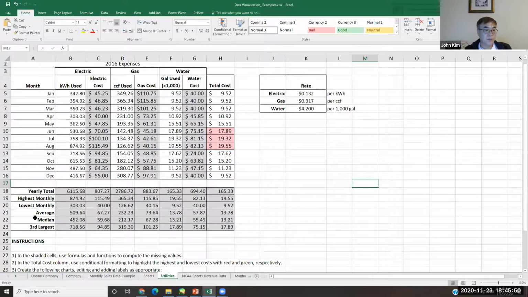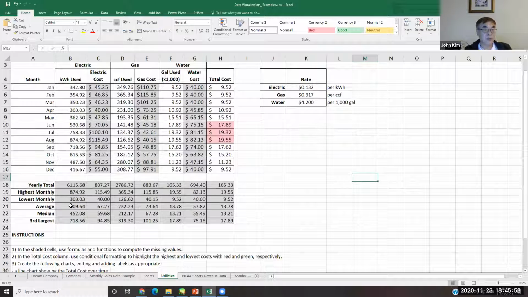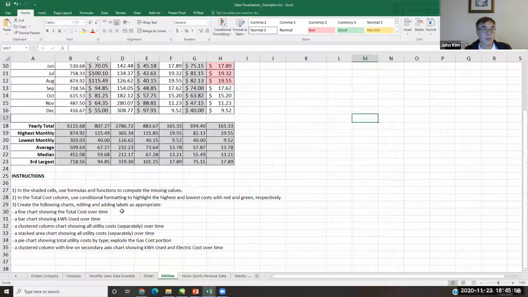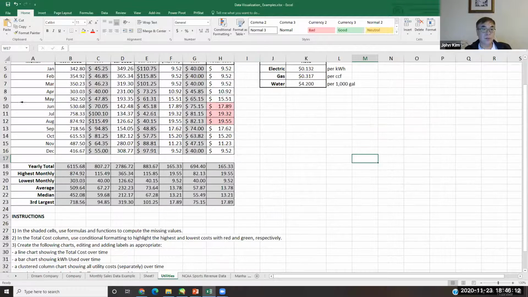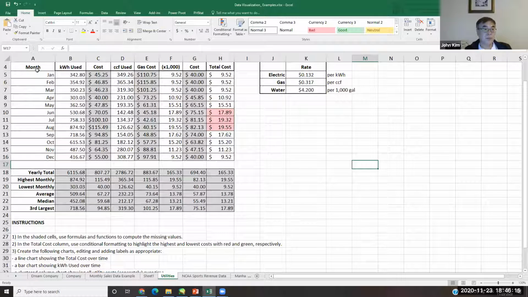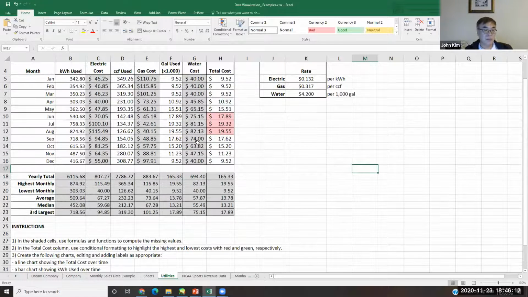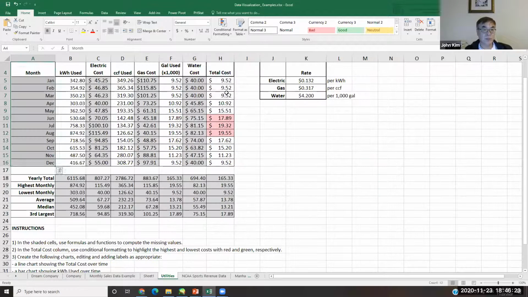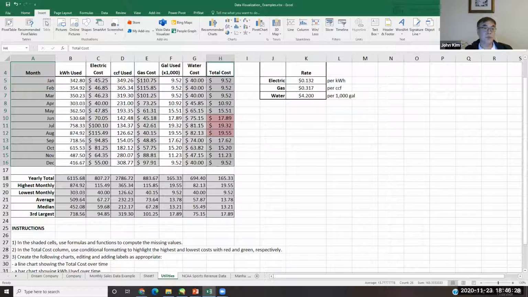Okay, next one: create the following charts, editing and adding labels. A line chart showing the total cost over time. Line chart, total cost. So months: highlight months, specify months, and then using the control key, hold, and then total cost. And then the same for 2,